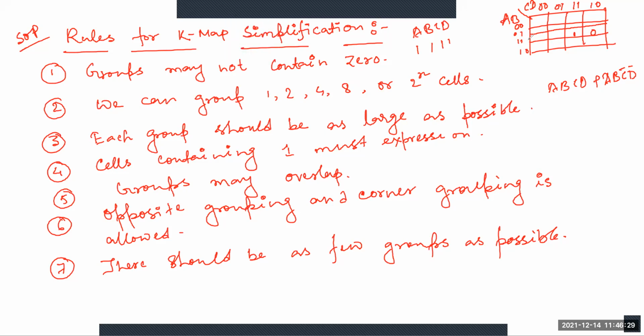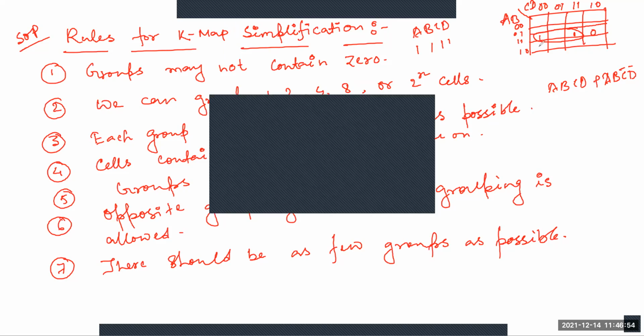Third row, first column. Okay, so here you will mark 1. So here you can see this is a combination. So you can club or group these two like that. Suppose here this is a double club. Suppose here you get 1 1 1. So you can club this also. This is a quarter grouping.